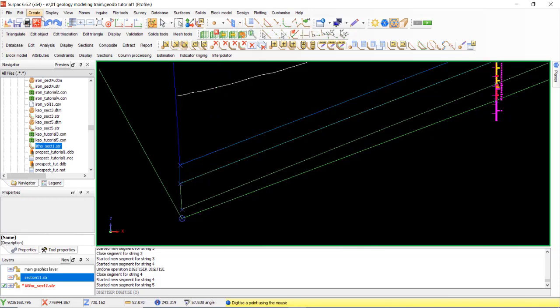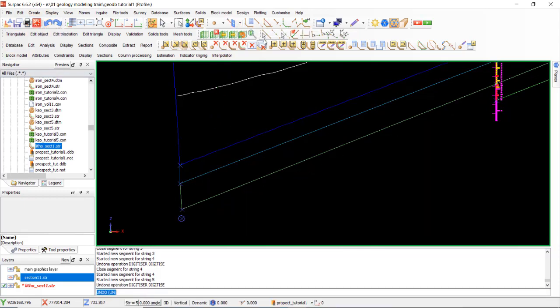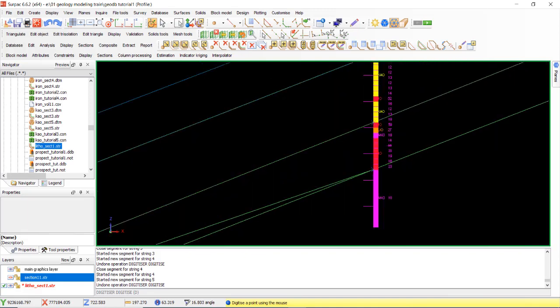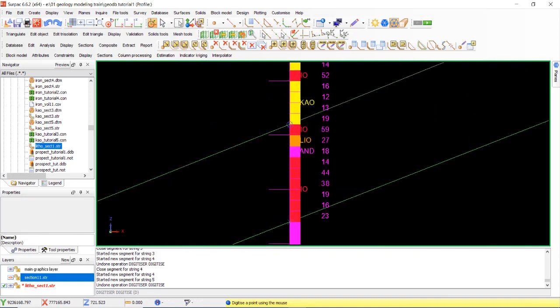If not a straight line, undo and okay, point. Okay.